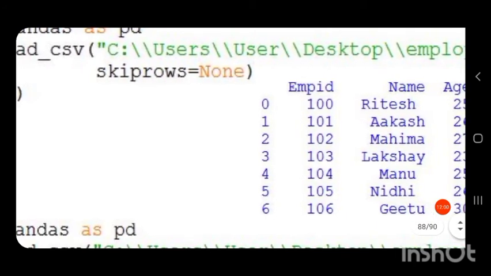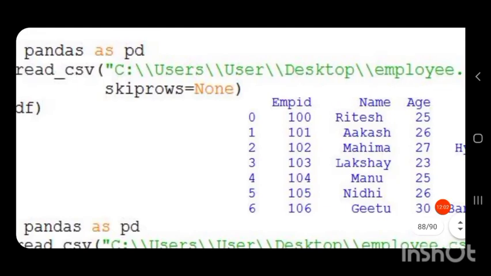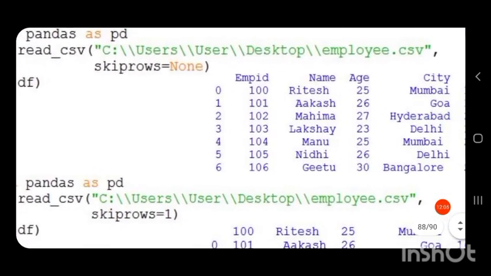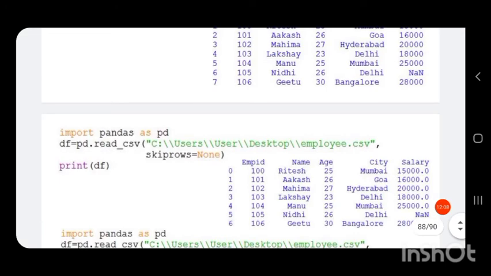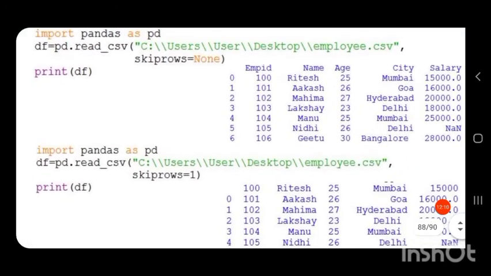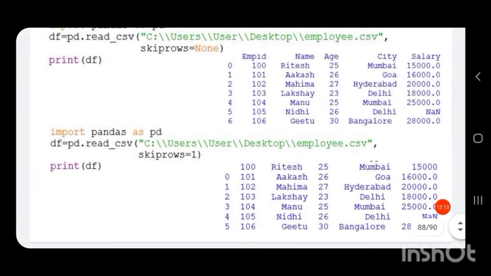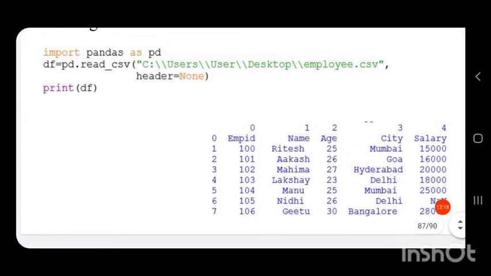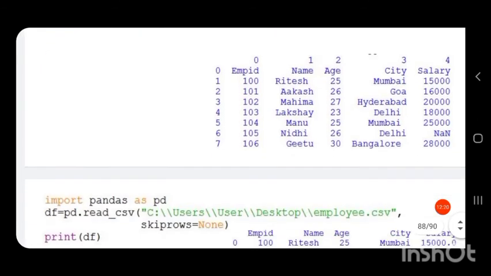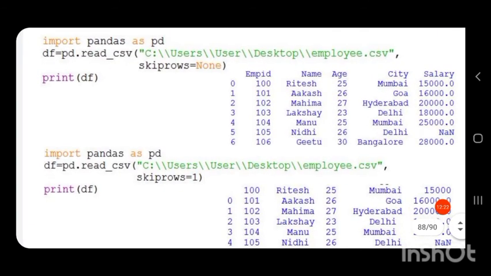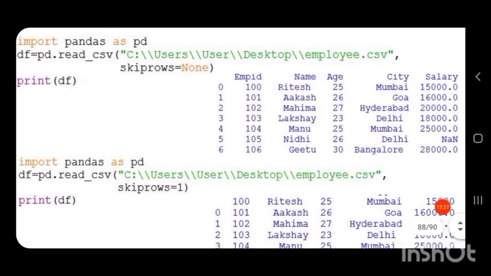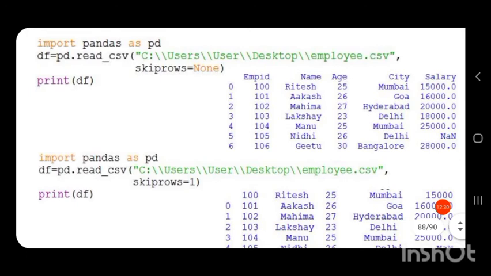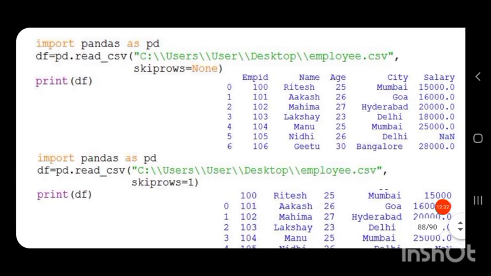Here also the N of None is caps. So skiprows will skip the first row and make it display like the previous one. So if we have our data frame like this, we can skip the first row and make it appear like the previous one by using skiprows equal to None. So it will skip the first row and make it the header.